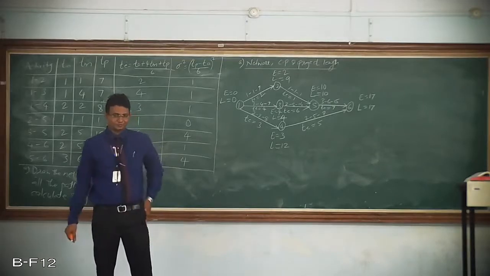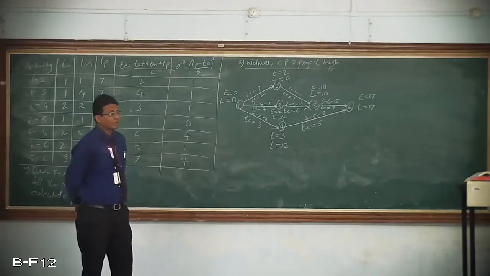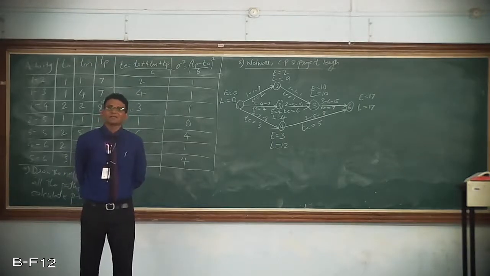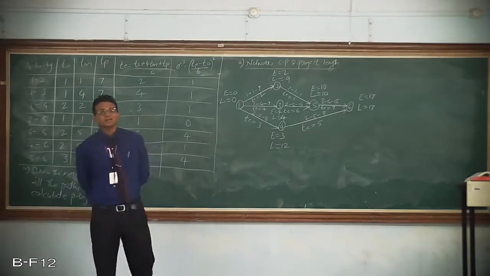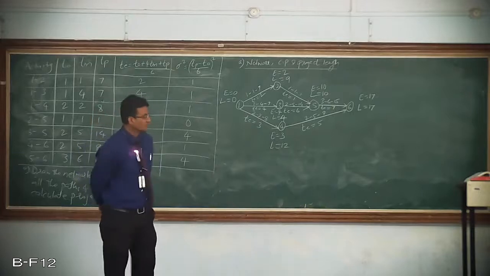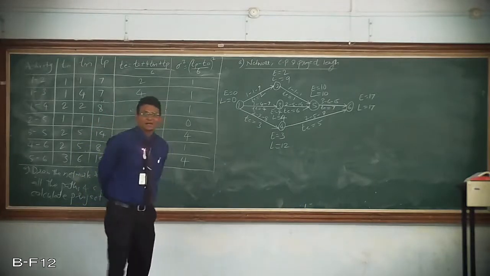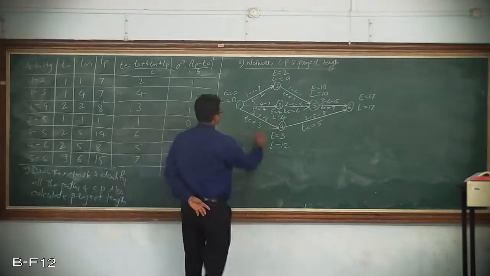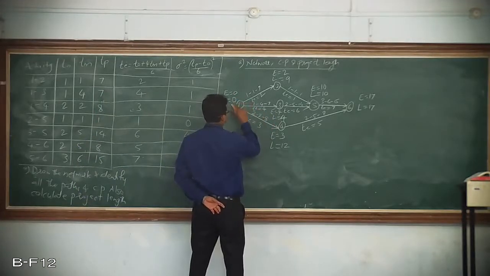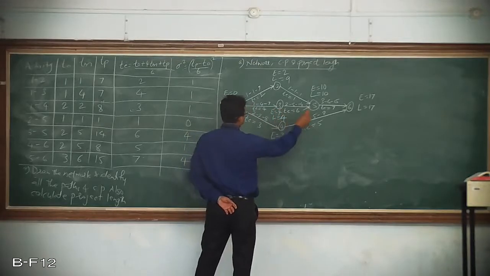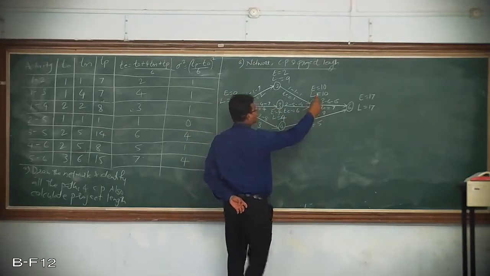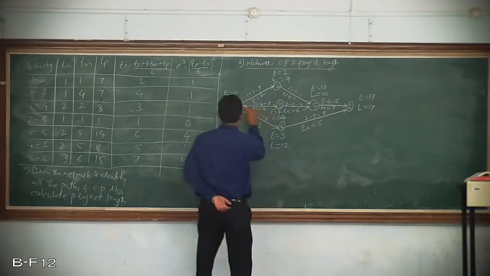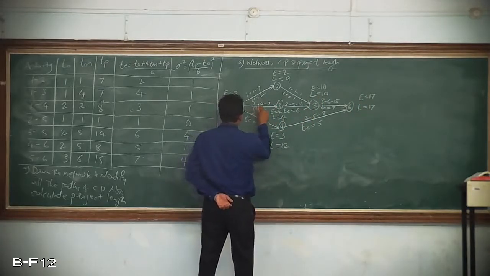Okay. So now I will identify the critical path. So how shall I identify? By identifying the events where E is equals to L. So just identify those events and connect those events by a path. So which is the path? E is equals to 0, L is equals to 0, E is equals to 4, L is equals to 4, L is equals to 17. So this is a straight path. So I will highlight this with a double line.